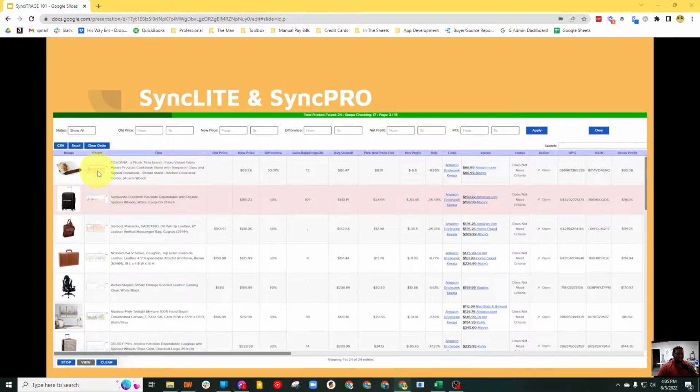When you hover over this, it'll give you a 1-year static Keepa chart. It'll give you an average overall price. This is a proprietary calculation that we've put together to say, hey, this is the price target maybe you should aim for. And then it'll give you your net profit at that price target with the new price that it can be sourced for. This search, I think I took this screenshot when it was still running, so it's not complete. But I'll show you guys what an actual chart looks like here in a second.